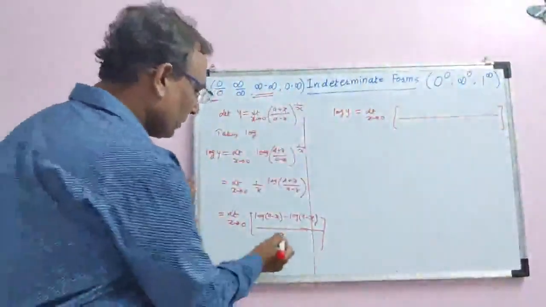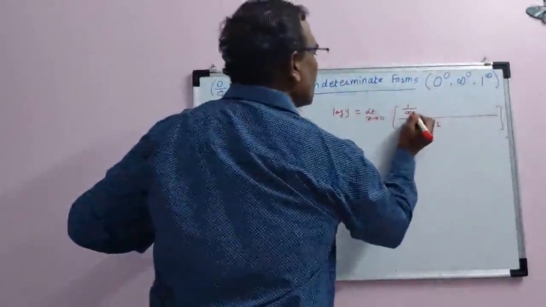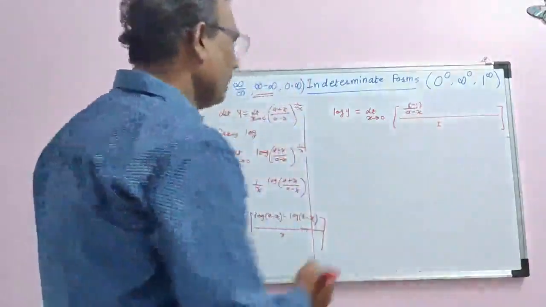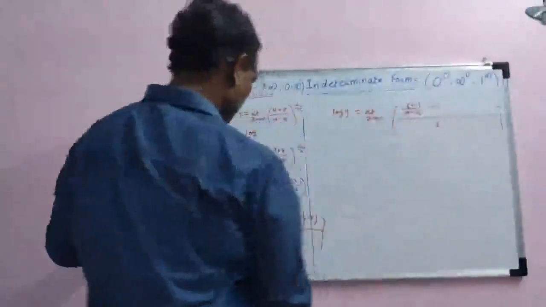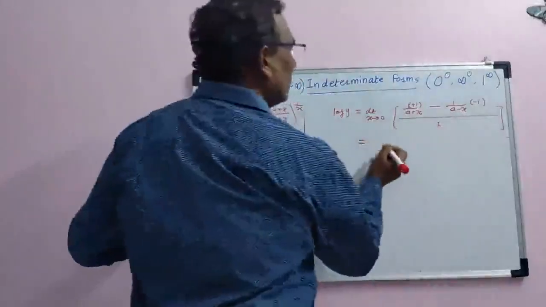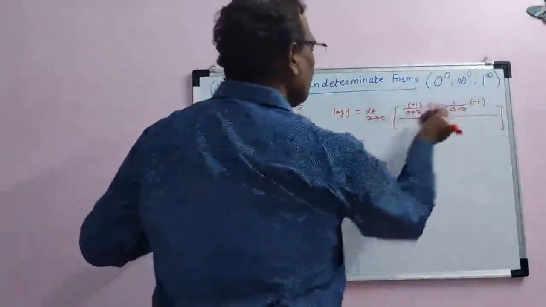Take the derivative of numerator and denominator separately. The derivative of x is 1. The derivative of log a minus x is 1 by a minus x, and the derivative of a minus x is minus 1, everything. Minus times the derivative of this is a plus x, this is a plus x, and the derivative of this is 1 by a minus x. Now the denominator 1 is there, we don't have a variable,